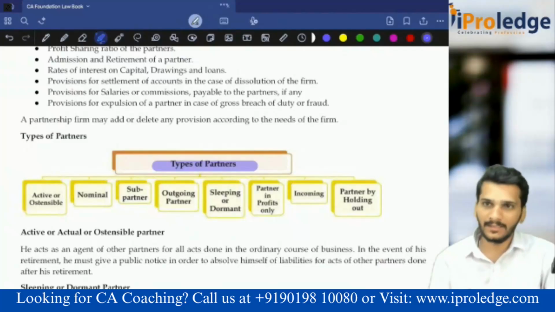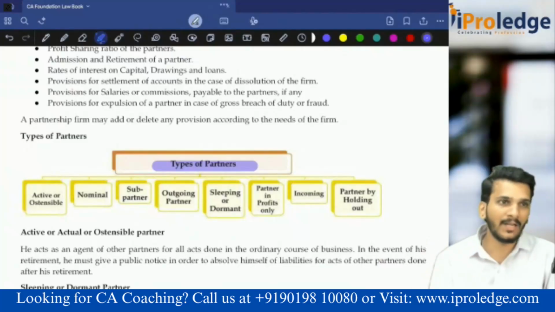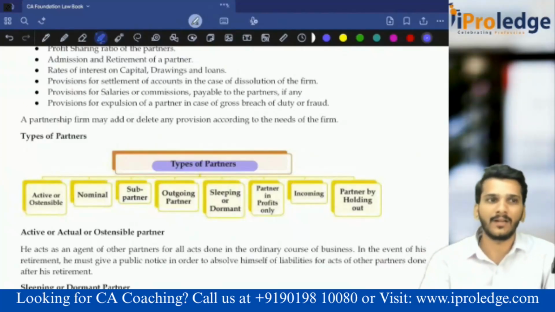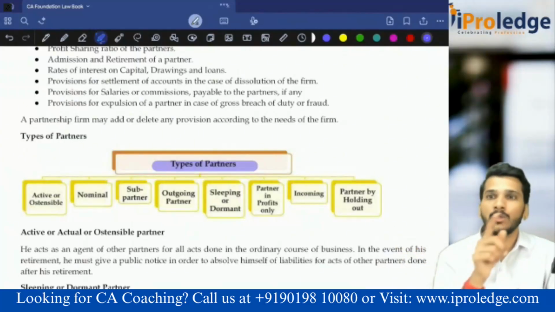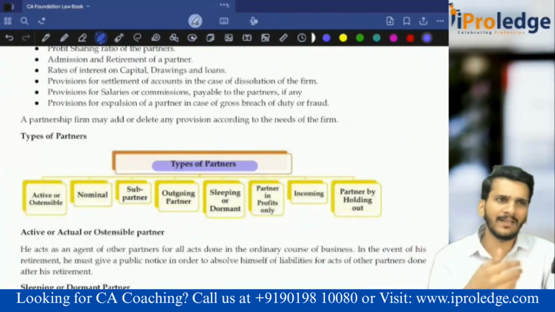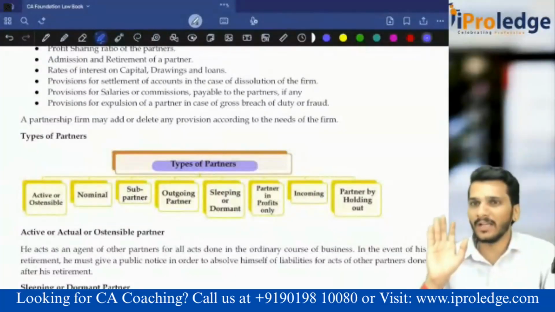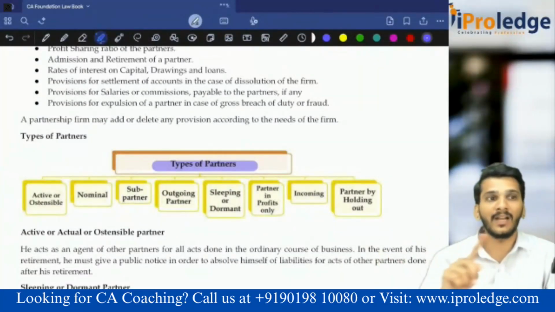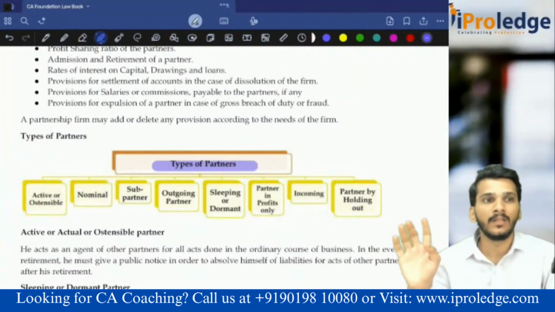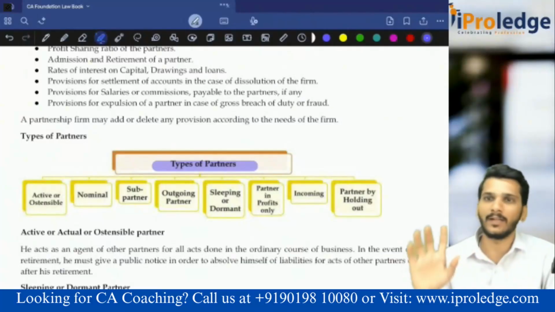It is the duty of the other party or any partner, because consider I wanted to retire as an active partner. A, B, C, D are there. C wanted to retire. C gave a notice to A that I want to retire. Okay, it is as good as you given to everybody, you can retire immediately. But if you give it to D and A, then it is not considered as given to partnership firm. It has to be given to active partner or all the partners.